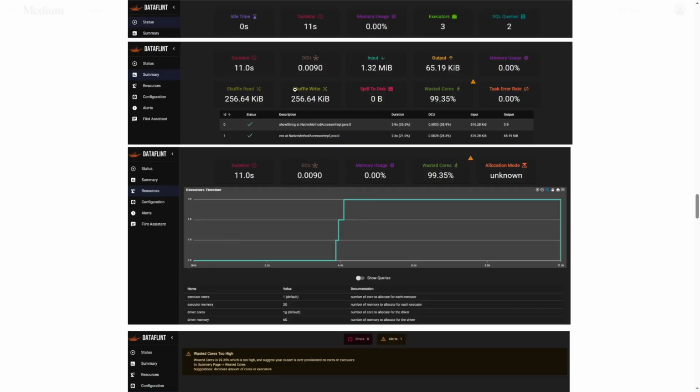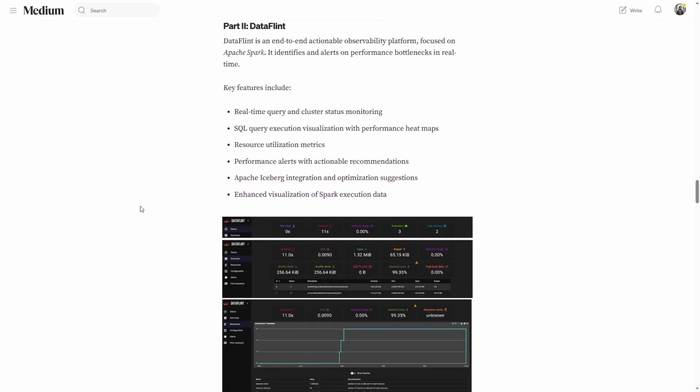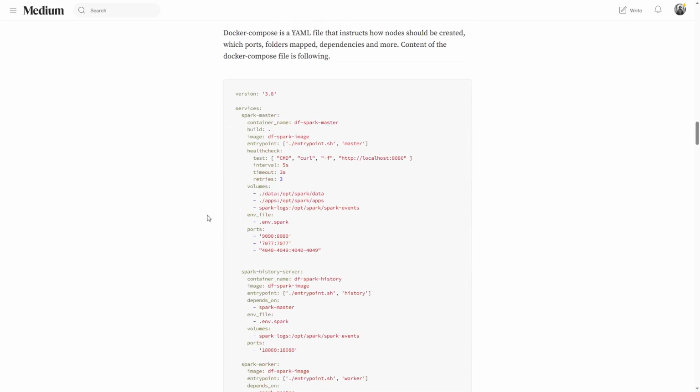For example, these are from the summary page. This we have from the resources page. So there are different places where these things are, but it is very intuitive and very easy to understand. So let's see how we can set up this